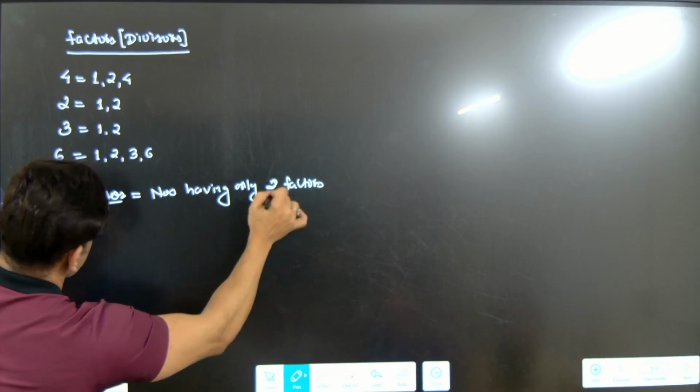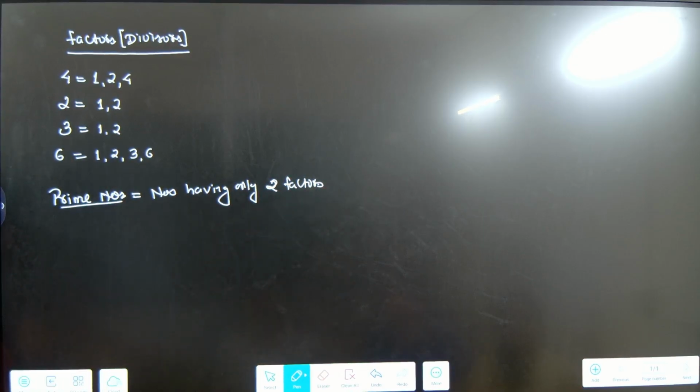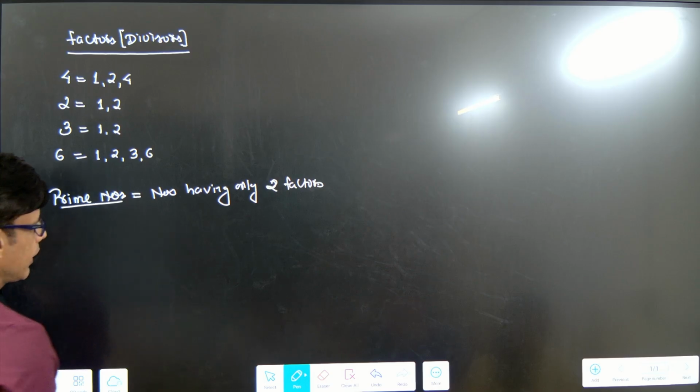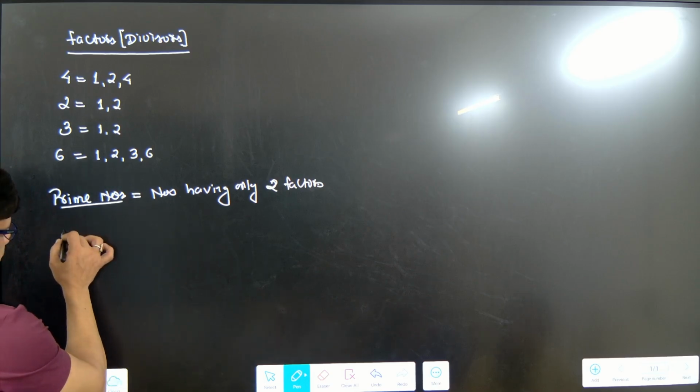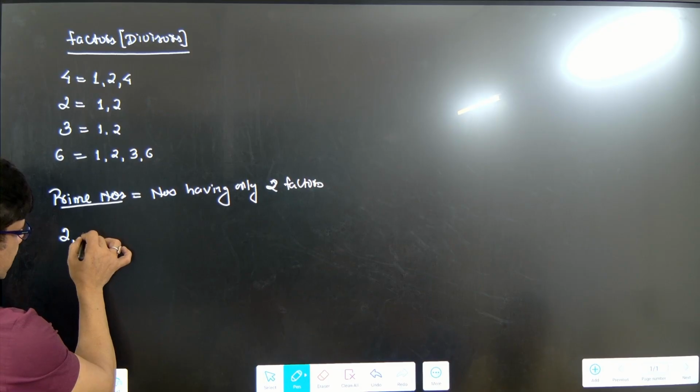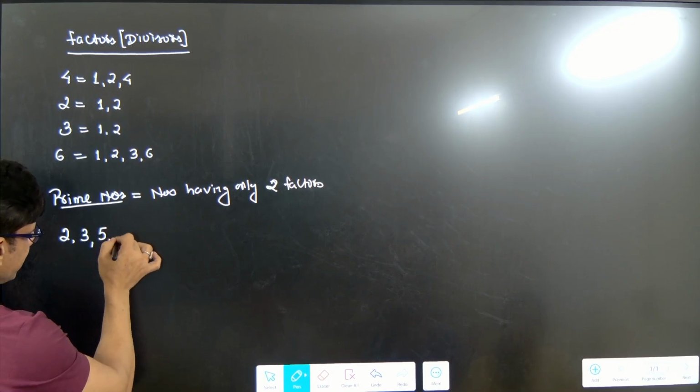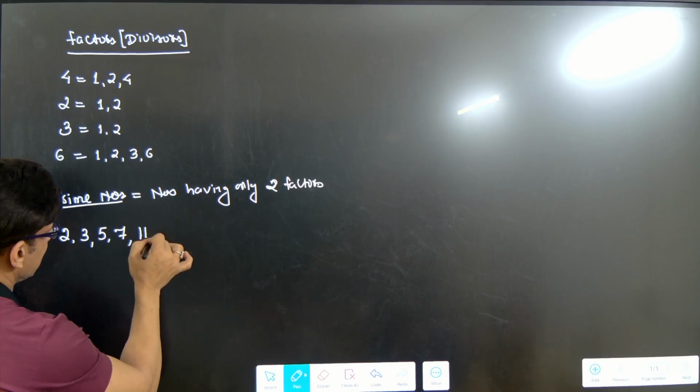Numbers having only two factors are termed as prime numbers. For example, 2, 3, 5. The number 1 is not a prime number, as it has only one factor. Now, some of the prime numbers from 1 to 100: 2, 3, 5, 7, 11,